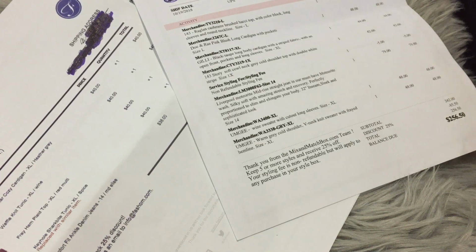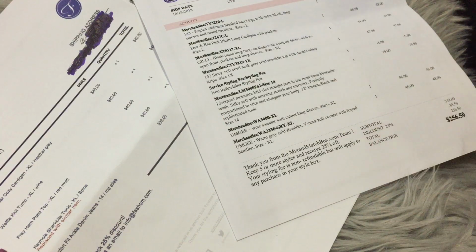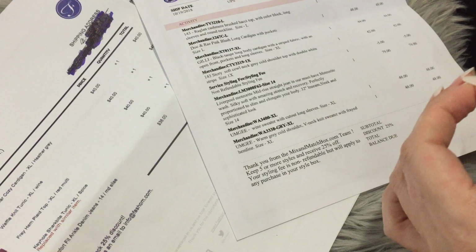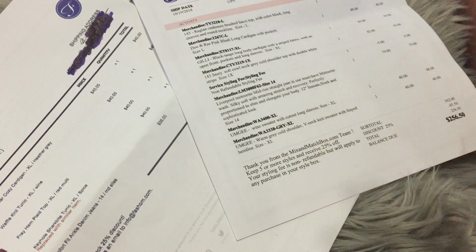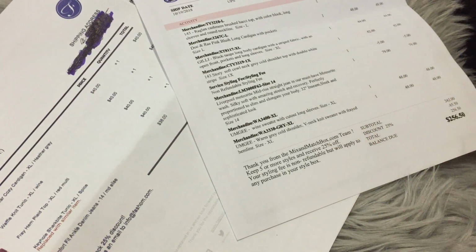it might just be me, but this is part of the reason I canceled the Wantables box the first time around, was that a lot of the clothes that I was getting from them were just kind of plain. And I've got nothing against plain. I like plain, but it seemed like I was getting a lot of just basic tops, and they'd want like $40 for a basic top. Also with Wantables, I was getting quite a few, this last time not so much, but before, it was clothing that sold under their own label, the Wantables brand, I guess. And I didn't seem to like a lot of those, but